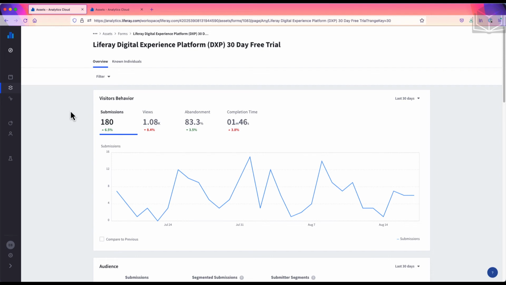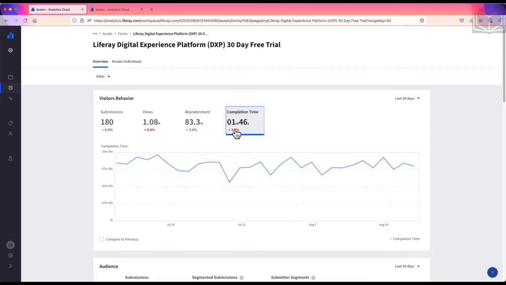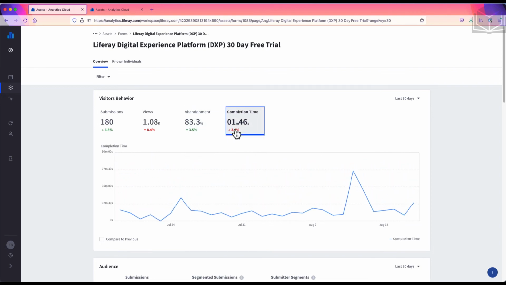Now that we're on the form overview page, we can see that our panels are again very similar to those we saw on the blogs and documents and media overviews. In the visitor's behavior panel, we see the same metrics as on the overview: the number of submissions, the number of views, the abandonment rate, and completion time. Below that,